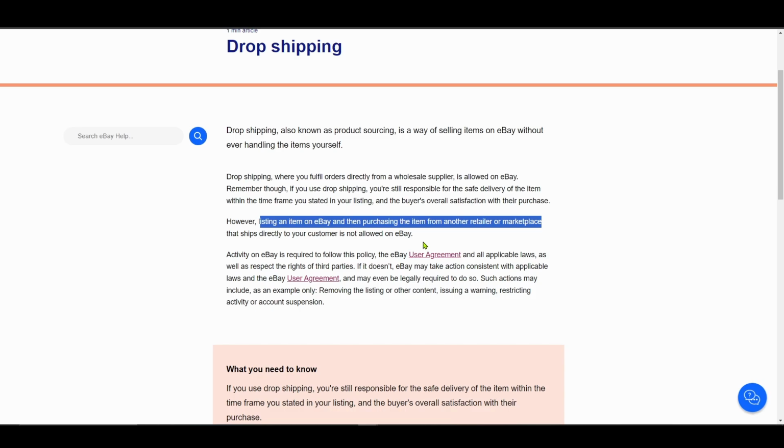So when I was selling Steam keys, I was going to a third-party website and I would find Steam keys and I would basically take the description and the photos and I would list them. So I wouldn't buy any games up front. And what happened was I kept getting scammed, and eBay kept having to intervene. Eventually, because I wasn't scamming anyone, and my listings looked very good and I was very honest, but because they kept having to intervene, they just sent me an email and said, look, show me that you can sell these things, show me your receipt. Because I was buying them after I'd sold them, I was in violation of this policy.